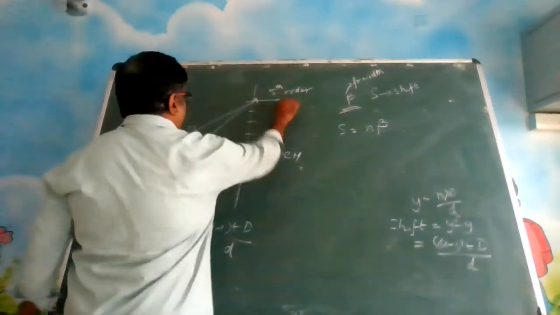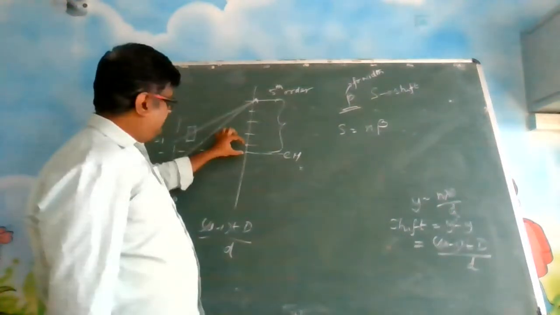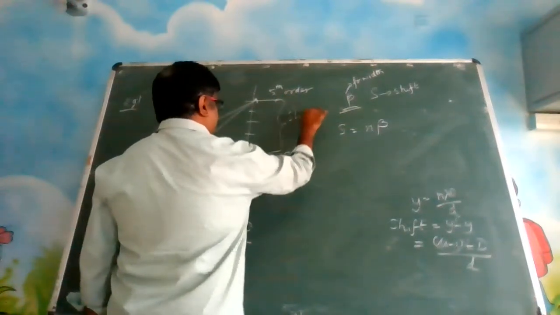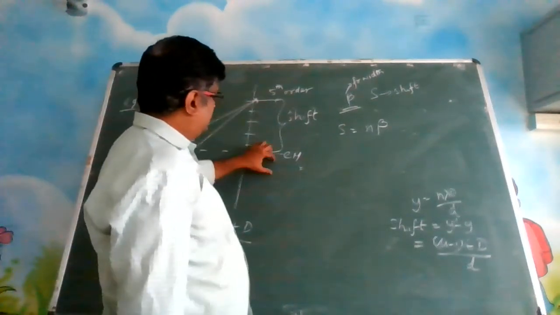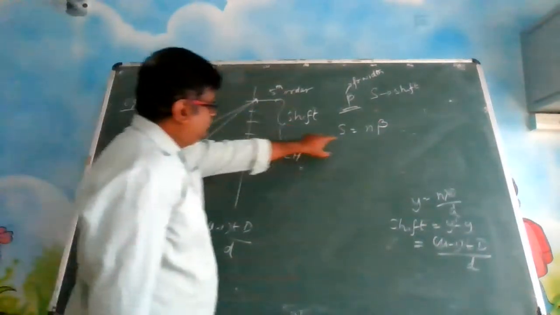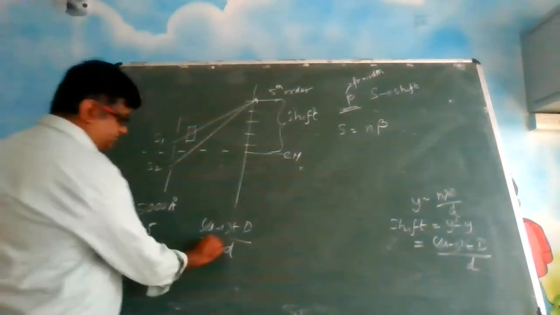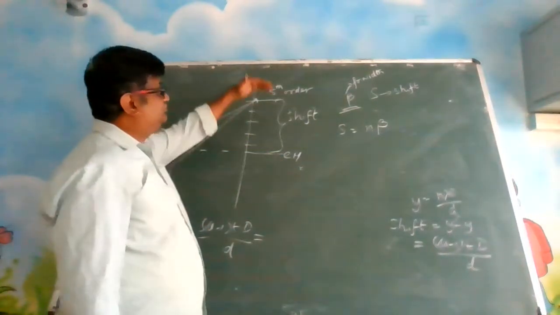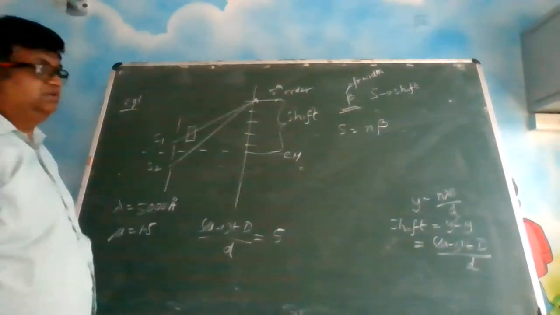So 5 times the fringe width is equal to the shift. How are you getting this distance? Each fringe is x, so x into 5 is your shift. What I have shown you in the diagram is the shift. So shift is equal to n times fringe width, where n can be 5, 4, 7, 11, whatever it is. Here the question says the central maximum has shifted to the fifth order, so it will be 5 times the fringe width.